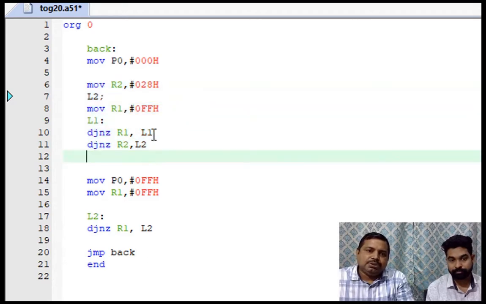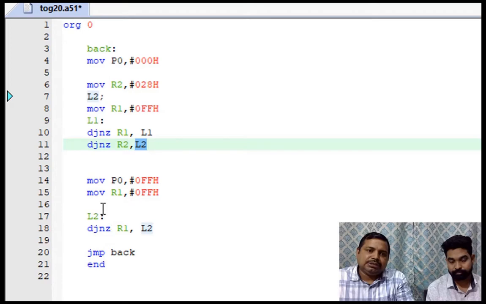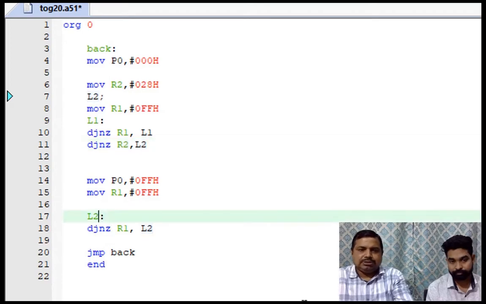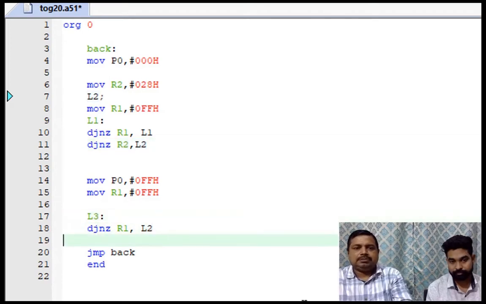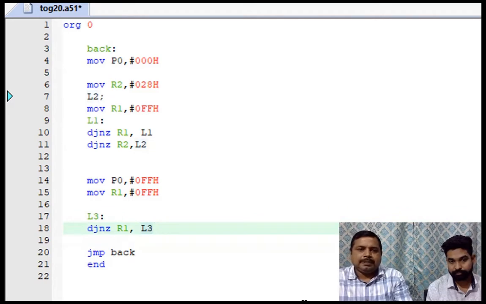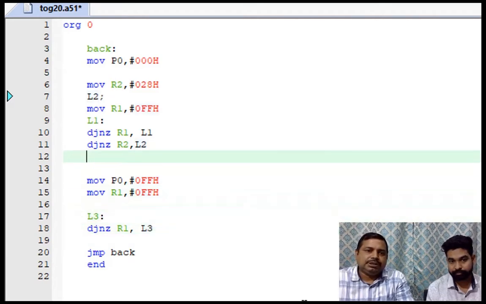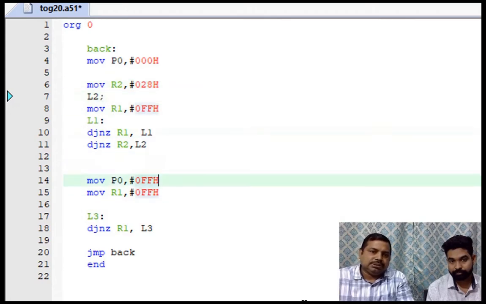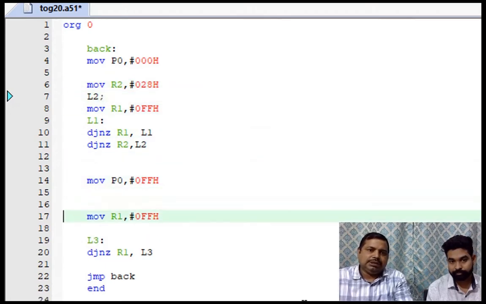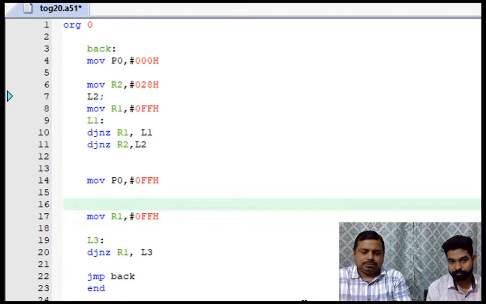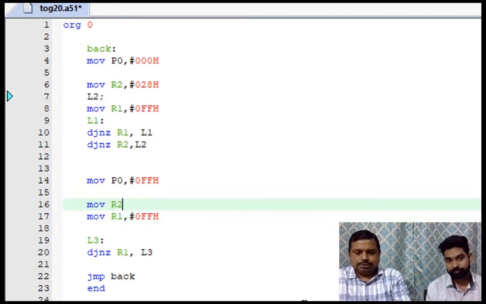And here I used labels L1 and L2, so I can't use L1 and L2 here. I need to change it, so I'll make it L3 here. And the same I will do again, means here also I will load after toggling. Here I'll do move R2, hash 0.